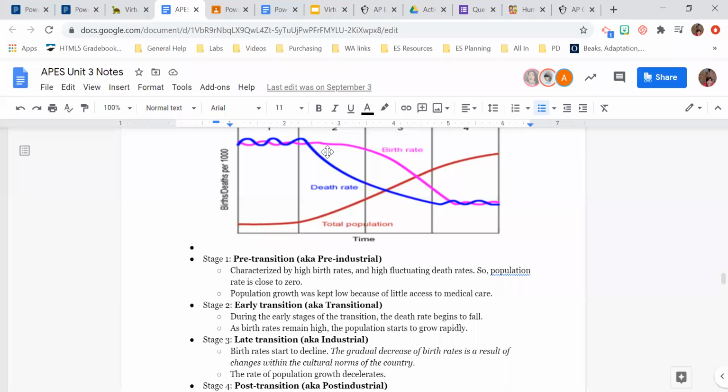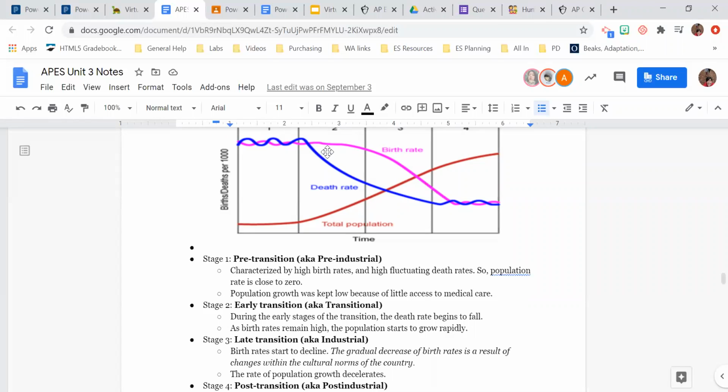We can see this happen in the US. You know, 200 years ago, there wasn't a lot of medicine. You know, doctors might bleed you instead of giving you any kind of actual treatment. And so death rates are high. If you look at an older cemetery in the US, you can see that for a couple, they might have 5 or 6 kids that were buried in infancy, so during their first year of life. Diseases such as smallpox, whooping cough, those kinds of things were really dangerous. And so people would have many kids because many of them might not reach adulthood.